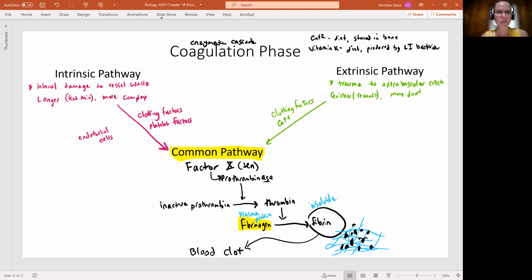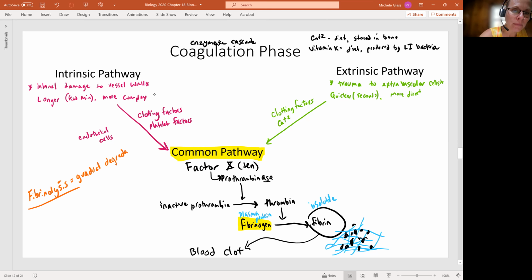Okay, ultimately, we're going to be repairing this vessel. Ultimately, we have to remove this clot. And so then we have a process called fibrinolysis, right? So lysis means to break apart, and in this case, we're breaking apart the fibrin, and the fibrin is that sticky web, right, of our blood clot. And so this whole process we can say is gradual because we want it to do its job, but then we need to get rid of it when we don't need it anymore. So it's a gradual